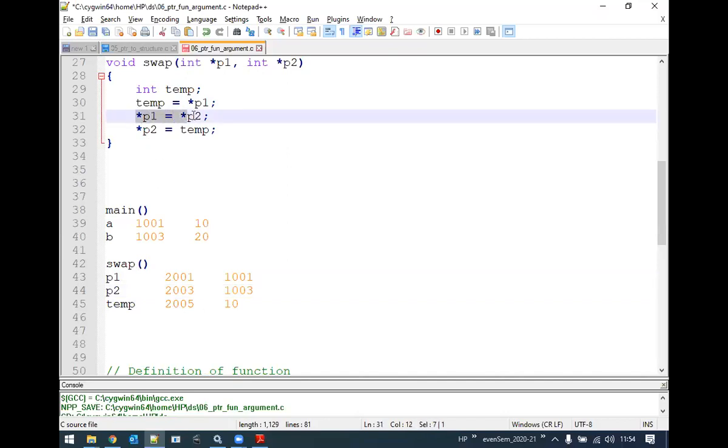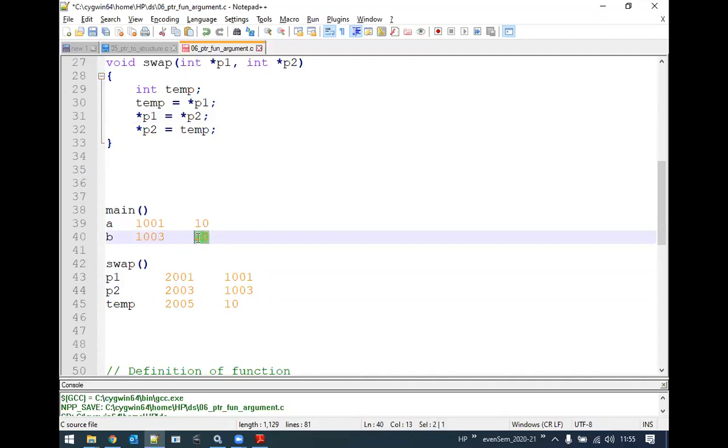Next statement, asterisk P1 is equals to asterisk P2. Now, first try to understand the right hand side. Asterisk P2. What this asterisk P2 is? Value pointed by this particular pointer P2. So where is it pointing? It is pointing to 1003. So at 1003, what do we have as value? 20.